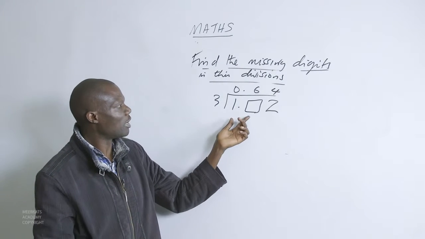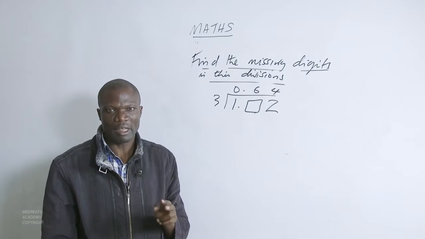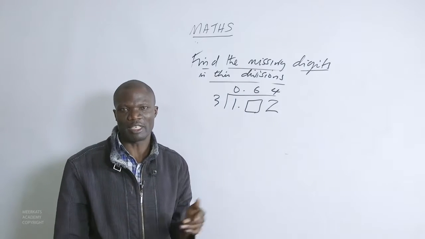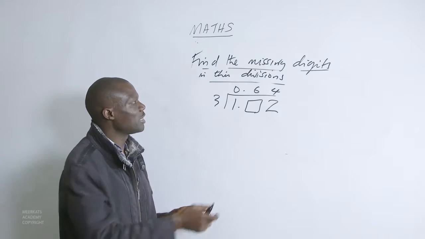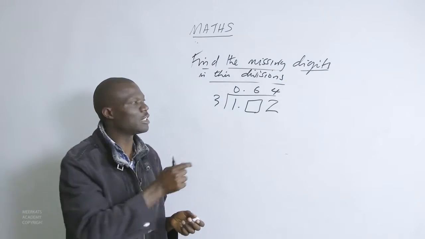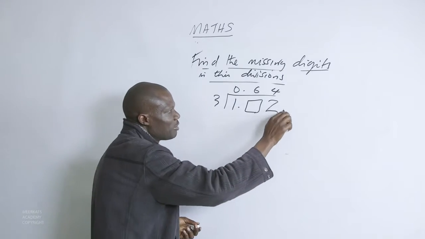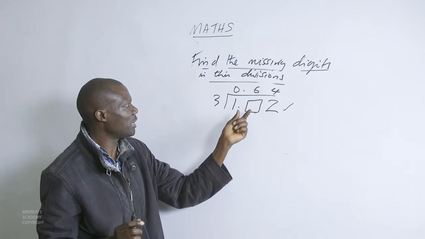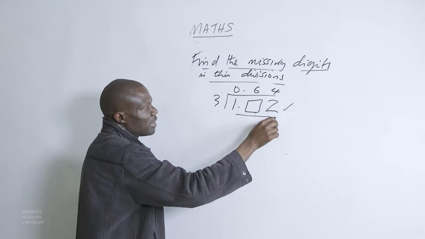And this number, what can be done for us to get it? Now, there are two options. One is mentally to try and find it. But because we have the knowledge of decimals, simply take the quotient that we have, multiply by the divisor. It gives you the value of the dividend. So for a bright idea here, for us to get what is missing here, we shall take